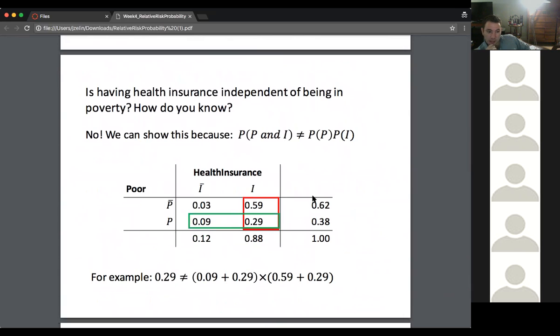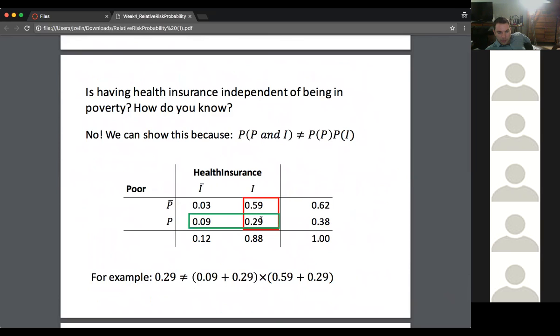So the question is, is having health insurance independent of being poor? And how do you know? The answer is no, because if they were independent, then we could just multiply the two probabilities and find what the joint probability was. In this example, 0.29, the probability of being poor and insured, does not equal the probability of